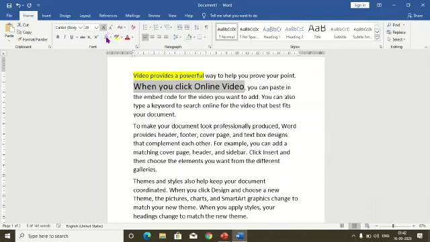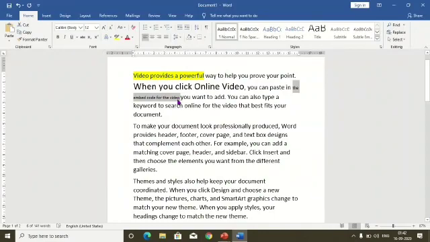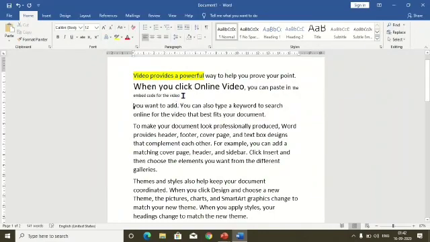This is increase font size. We can also decrease our font size by using this specific option of decrease font size. I have pressed this and it makes our font size very small. You can see here, this is decrease font size.